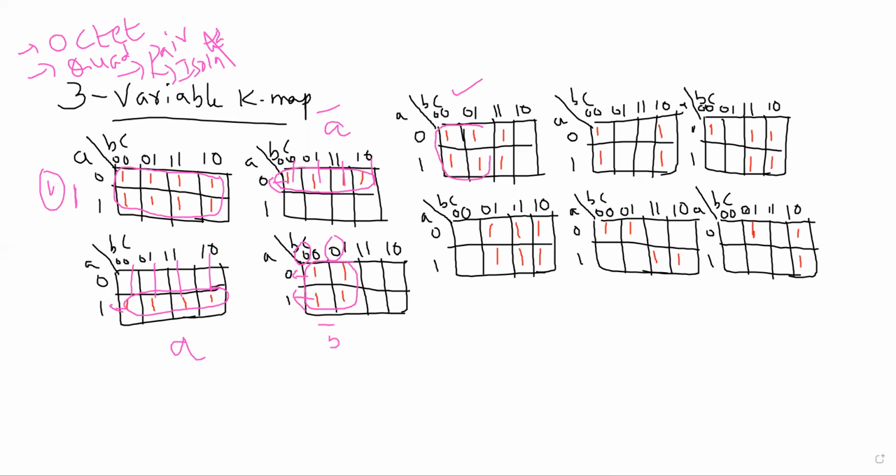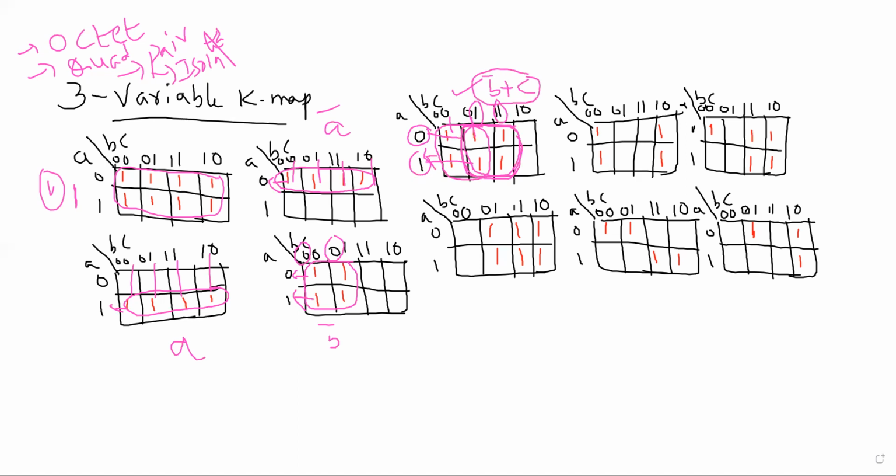Now if you observe this one, there is a possibility of a quad here like this, and for this also there is a possibility of a quad. That means we are having two quads. For the first one, the rows are changing from 0 to 1, but if you observe these two columns, which one is similar? B bar is similar. Plus, if you observe the second quad, once again the rows are changing. In this, which column is constant? This one is constant. That means C is constant. That means B bar plus C.